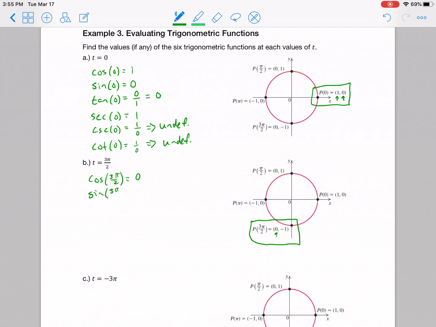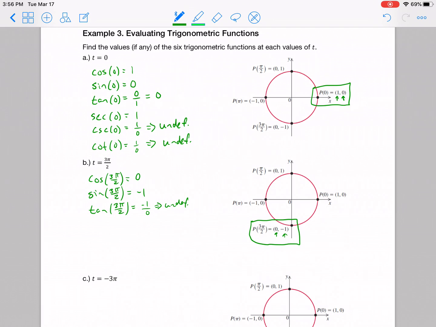Sine of 3 pi over 2, that's going to be the y value, that's negative 1. And then tangent of 3 pi over 2, that's just going to be negative 1 over 0, which is